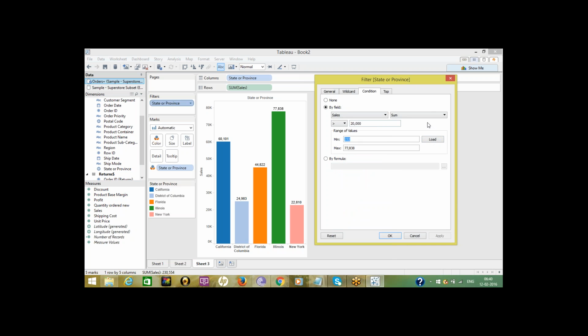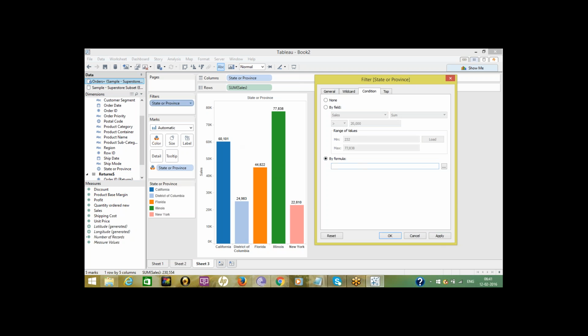Here I'm not able to edit this one. So these are the default values and they can't be changed, right? Range of values, default values. Minimum value is this one in this source, maximum value is this one. And this minimum and maximum value applies to the before, above condition also, right?